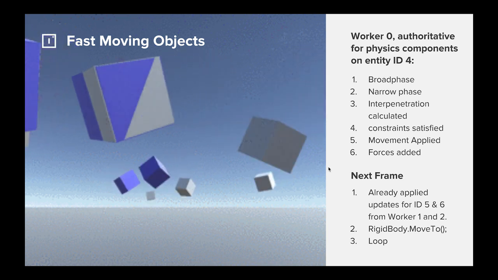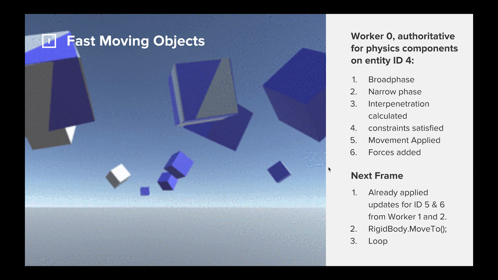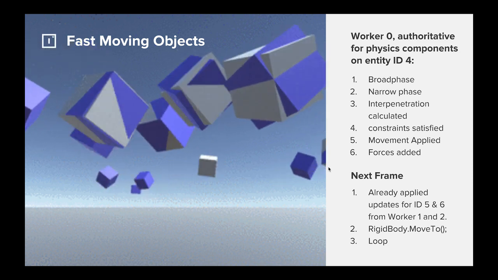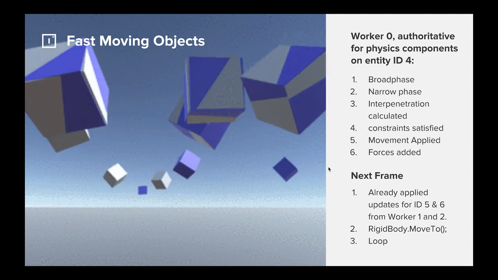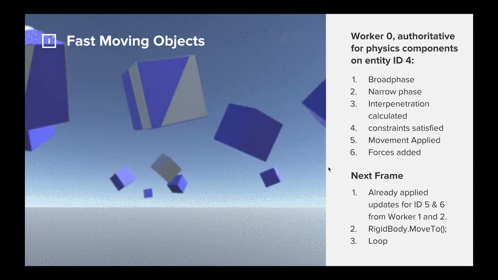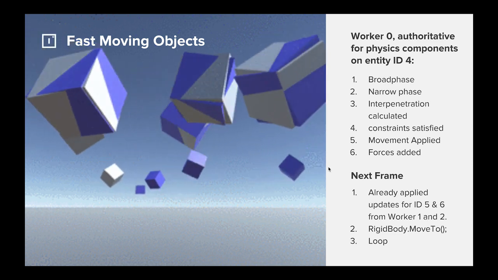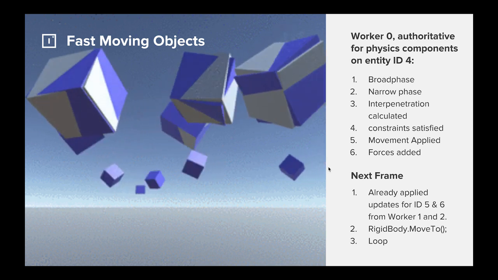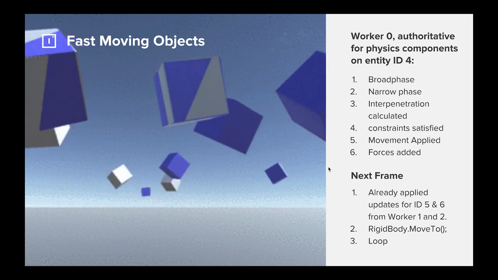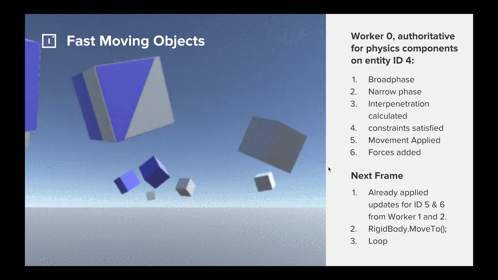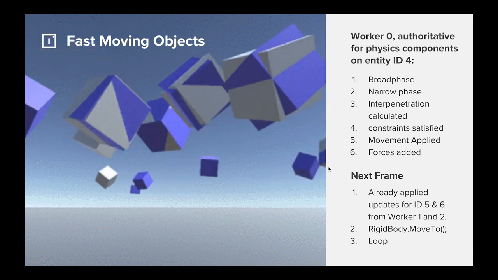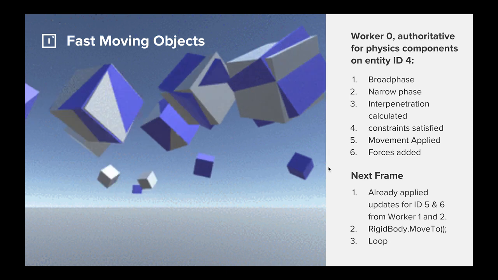Worker 0 will go into its broad phase. It will say, oh, I've got 3 potential collisions here. It will go into its narrow phase and say, yep, these 3 objects are definitely colliding. It then does the standard physics engine thing of working out the interpenetration, moving the objects out from within each other, and applying forces as necessary. Each worker, 1, 2, and 3, will resolve that collision differently because of floating point math, because of dead reckoning models in between the servers. So those collisions are going to end up being calculated 3 times, and there'll be 3 separate results.